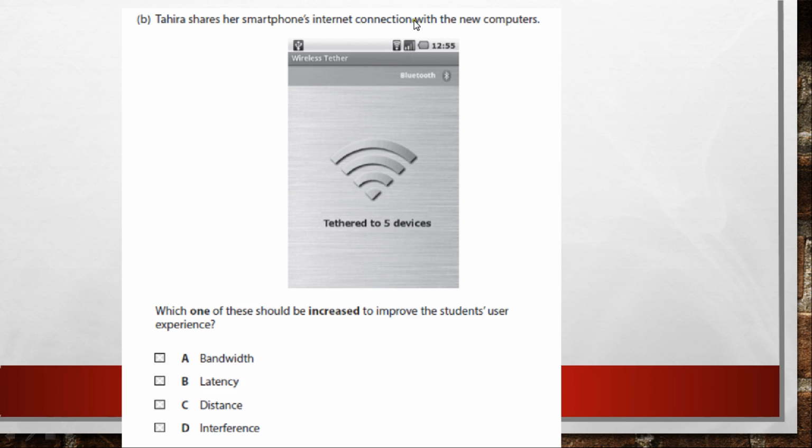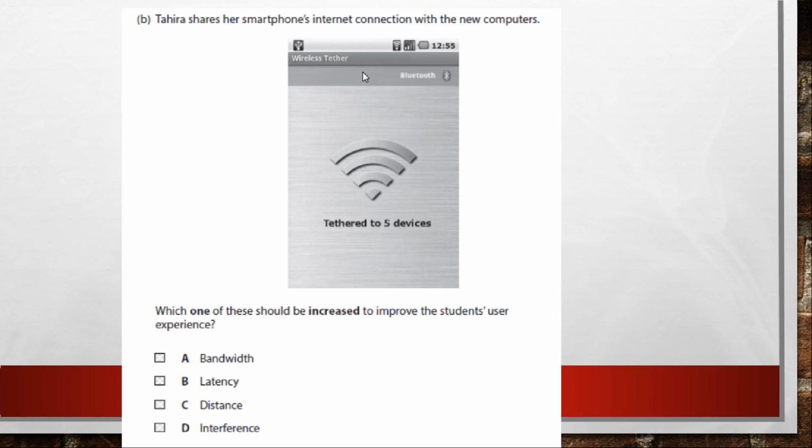So it's often worth, rather than panicking, just having a look at what's on here. Which one of these should be increased to improve the student's user experience?